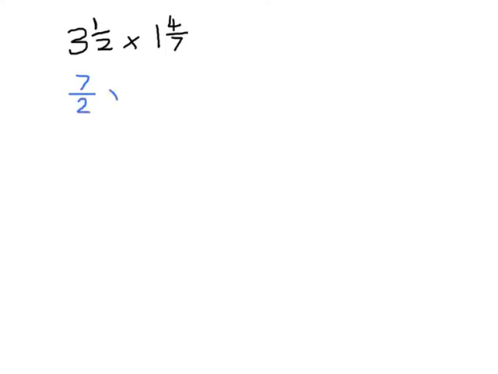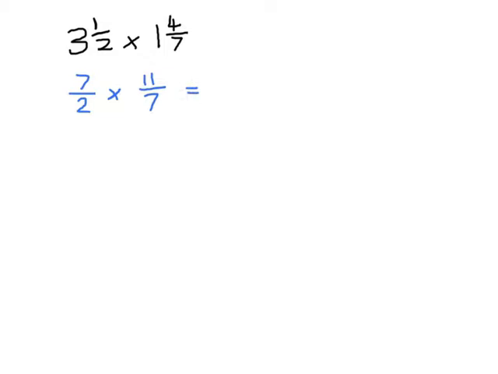And I'm going to multiply that by the other fraction, which also needs converting. So 1 times 7 is 7, plus the 4 on top gives me 11. This is 11 sevenths. Now, at this point, if you're familiar with cross-cancelling, you could just cross these 7s out because they're going to cancel out with each other. But if that's not the way you want to go about it, and I'm just confusing you,